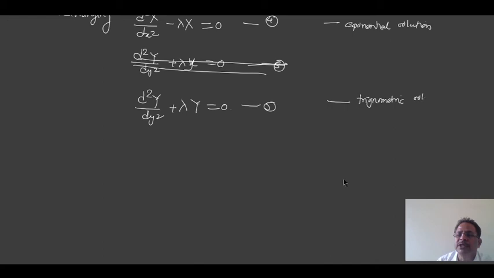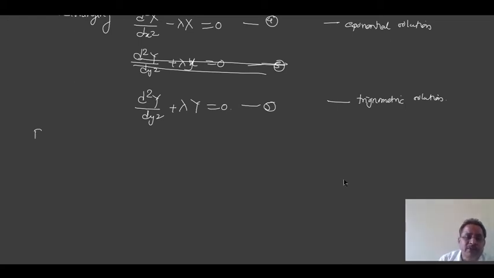Trigonometric solutions in terms of sine and cos. That term will have a trigonometric solution. So an exponential solution arises in the case when we have this form of the differential equation, and in the other case the solution of that equation is going to be a trigonometric solution. So we will write one statement here.